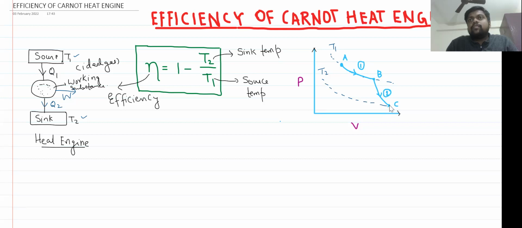Now we will go for compression. Here compression will be there up to position D, and then again compression will be there, but this time it will be adiabatic compression. So the third one is isothermal compression, and the fourth one is adiabatic compression. So these four steps are there. We can name all the steps. AB will be isothermal